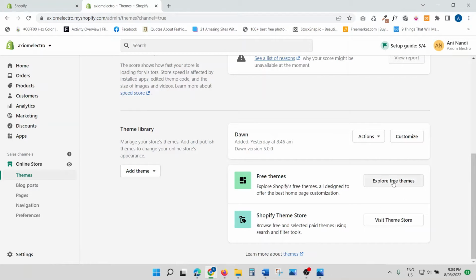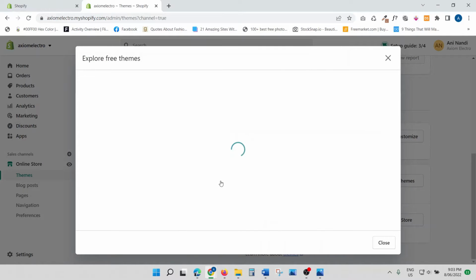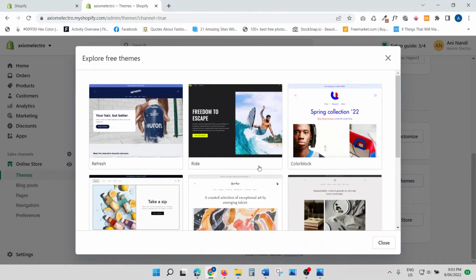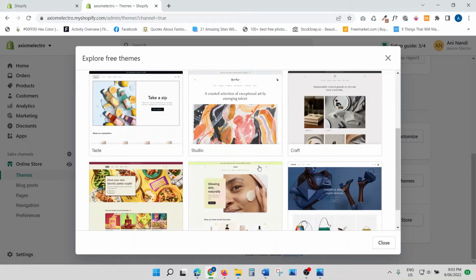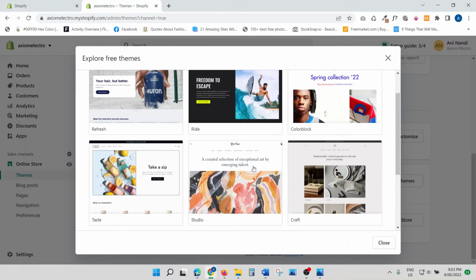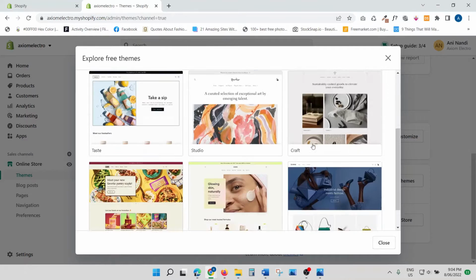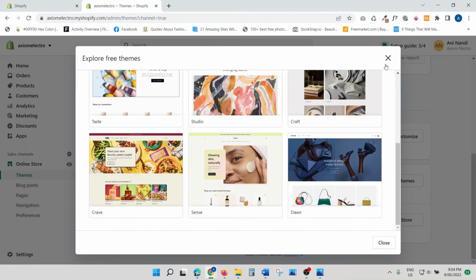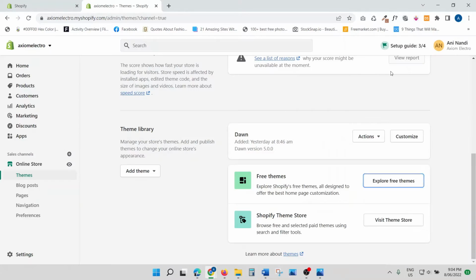The free themes are actually pretty good. As you can see, there are quite a few options, about 9 free themes, and they are great. I've used, I think, almost all of them, and they are great. They're all a little bit different, obviously. And then you go to the theme store,